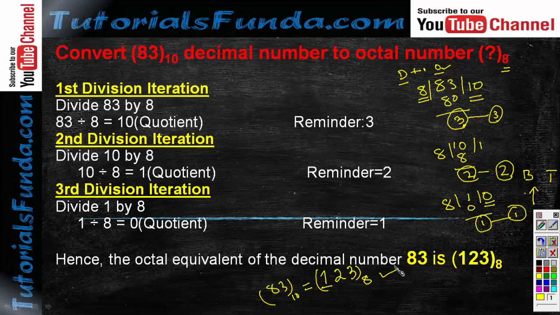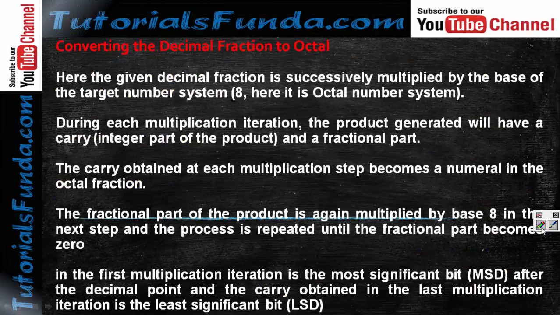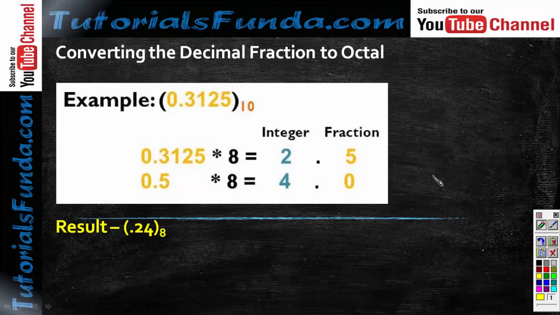Let's take another example, a decimal fraction. Look here. For converting a decimal fraction to its corresponding octal fraction, there are some rules given. Just write down the rules so that it is better for you in future. Suppose there is a decimal fraction and we want to convert it to its corresponding octal. Suppose our example is 0.3125.